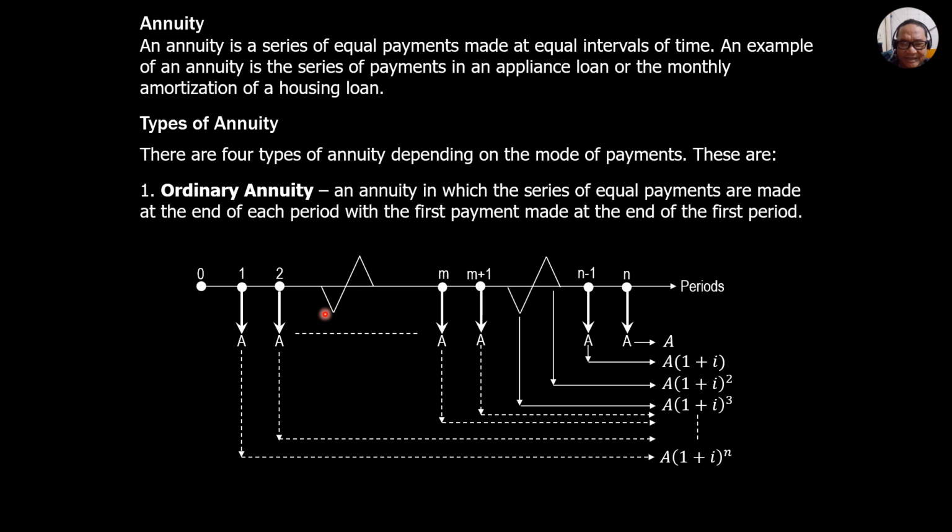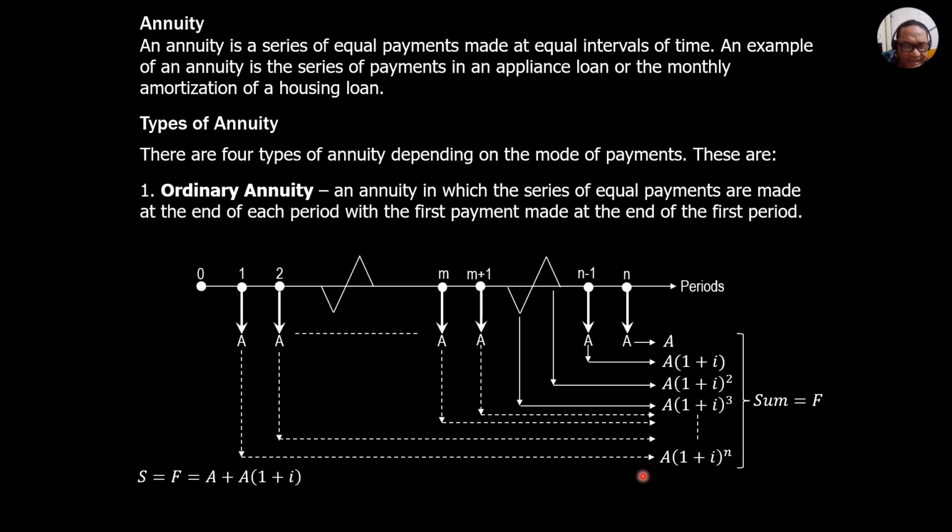So that's it. Notice that these terms are in geometric progression. The second term divided by the first is equal to the third divided by the second, and so on and so forth. And the common ratio is 1 plus I, right? Common ratio is 1 plus I. So that would be the sum of a geometric progression.